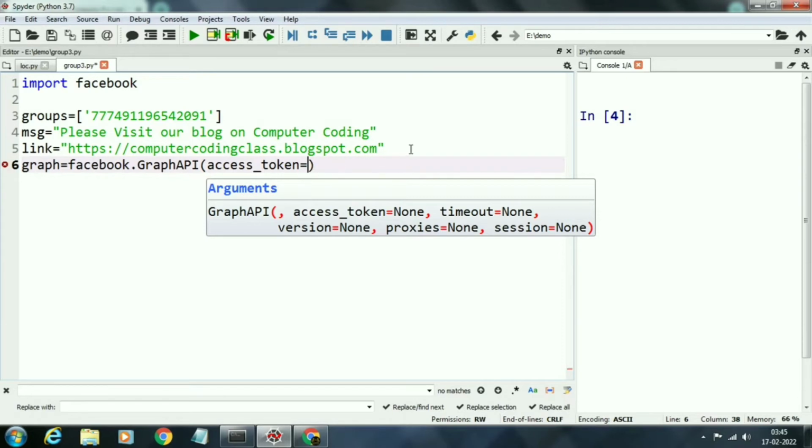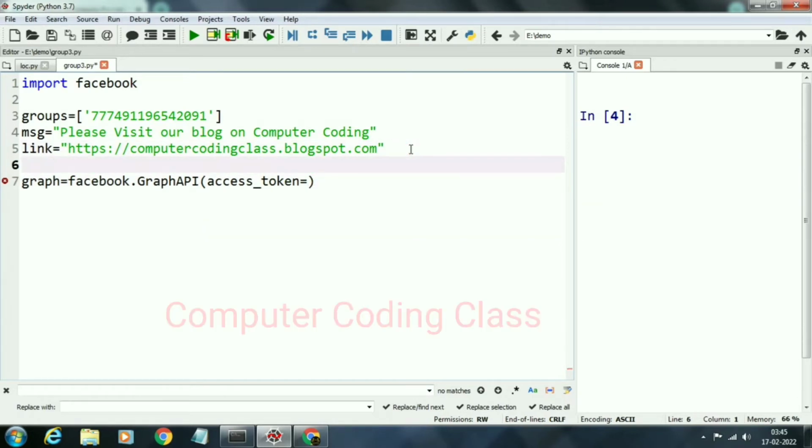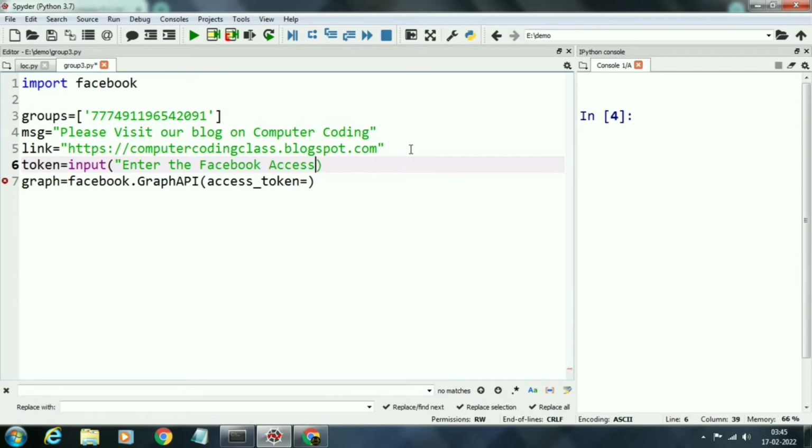Here I will input our Facebook access token from the user side. So here I will write token equal to input. Here we will input the token as a string. Token length is about 100 to 200 characters. In this way I will create the graph object.